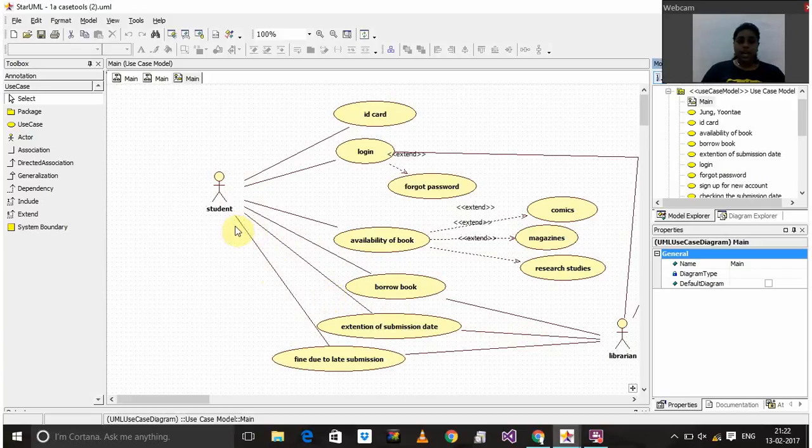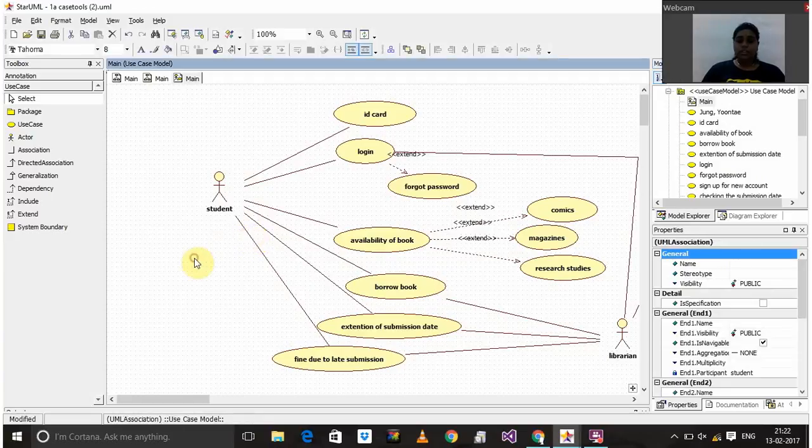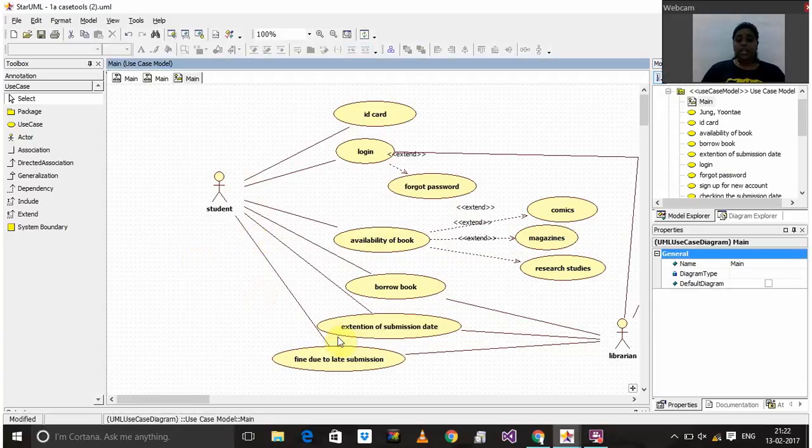And then in the same way, I have created a fine due to the late submission, as in any library management, if the student crosses the date of submission of the library book, he will be asked to pay a fine of a particular amount, and if the number of days increases, the fine amount increases depending on the number of days. And so hence it is also connected to the librarian,